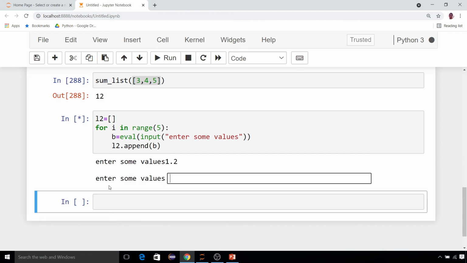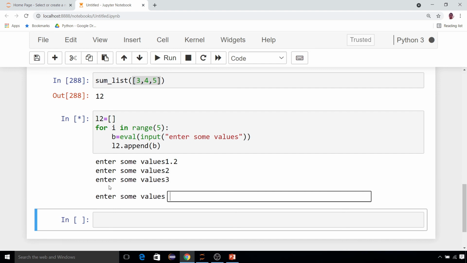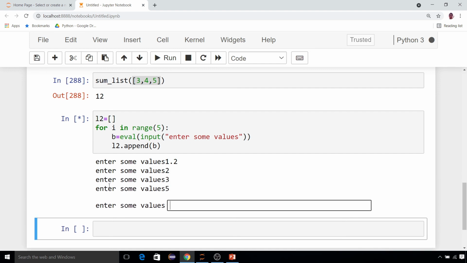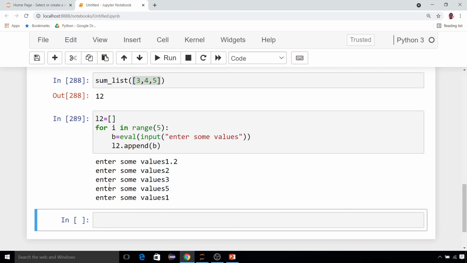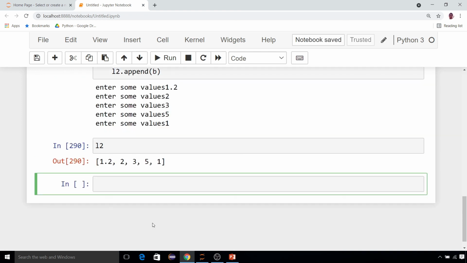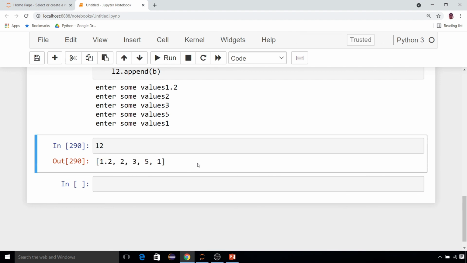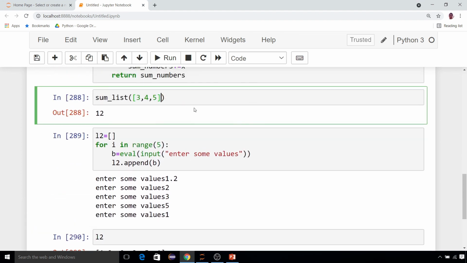Suppose 1.2, then 2, then 3, then 5, then suppose 1. So now just see what your L2 is. L2 is this one. Now pass this L2 here.